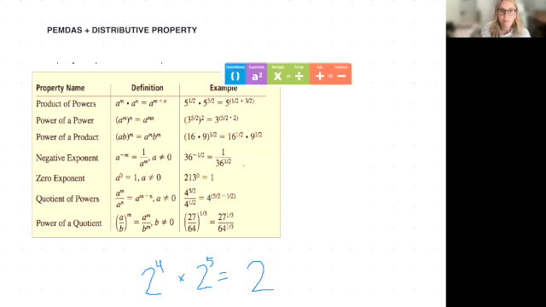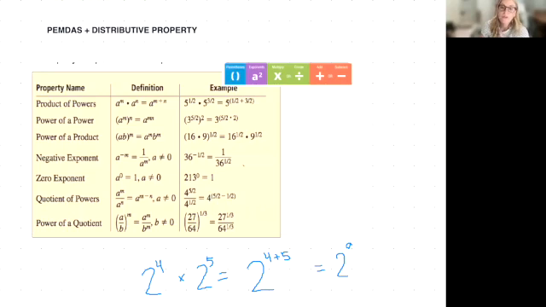And then if I check my rule up here, I have m plus n. So that means you're adding your exponents. So I take my exponent, that first one is a 4, and I add it to the second one. That's a 5. And now I'm at my addition. So now I can take that 2, 4 plus 5,